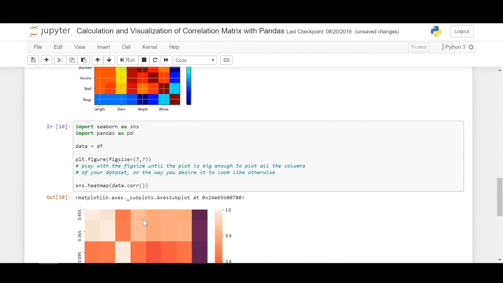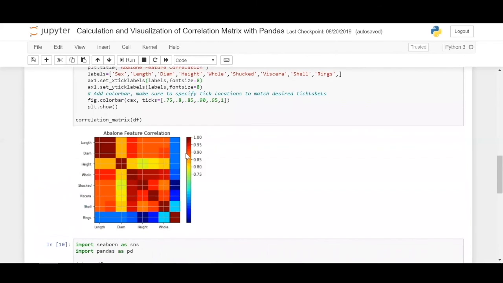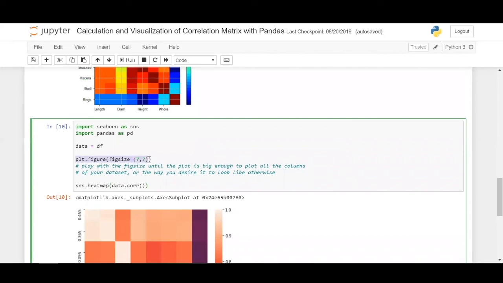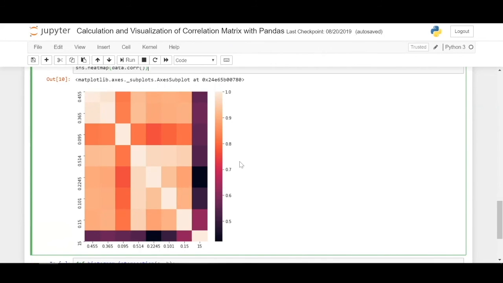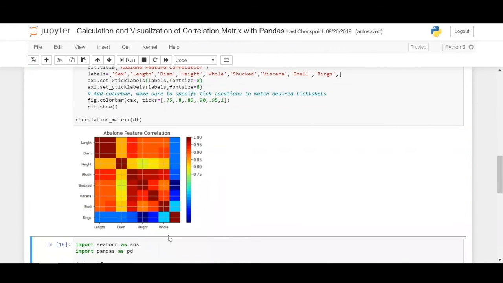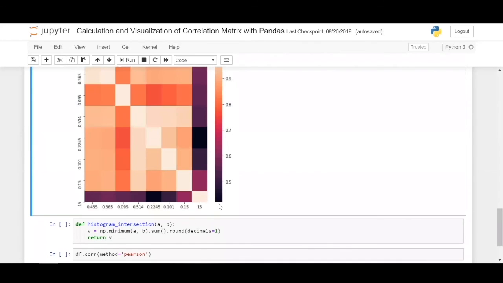Similarly, we are plotting correlations with different heat maps. You wanted one with the default, right? For this one we have set a different color map. We define the figure size and pass it to the heat map, passing the correlation data here. A heat map is nothing but a map showing the varying intensities of various data points. Here you have defined a different color map, with all the colors between the red, blue, and green spectrum. Here is the default value.